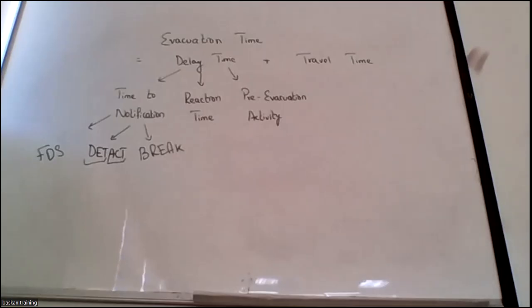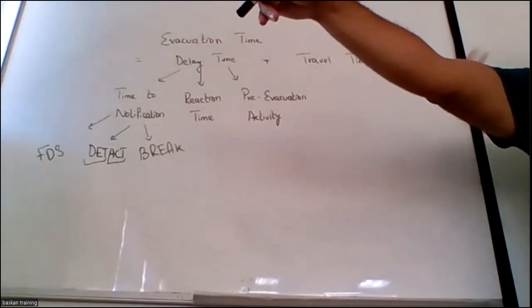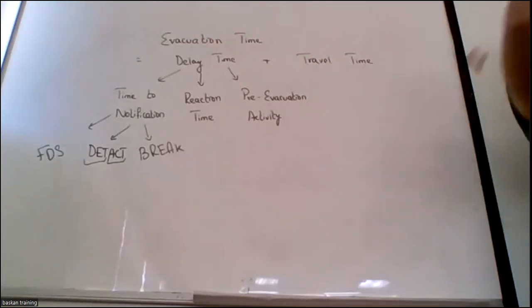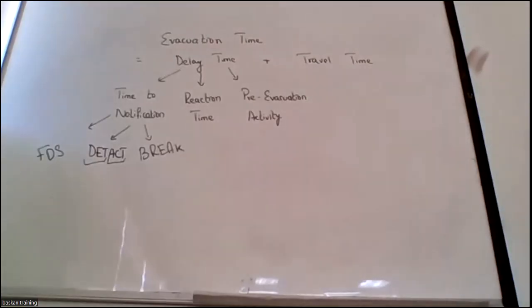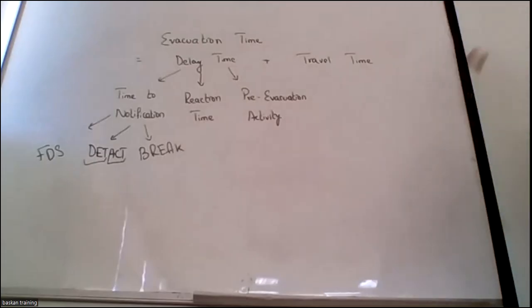Why green? Because if this is a green wall and I have a green exit light, the colors match, and in panic I will never be able to differentiate between them. So I always have to make sure there is a contrast. In a panicking situation, human nature makes me go towards the color that is different from the surroundings. So locating the signs could be one of the reasons.